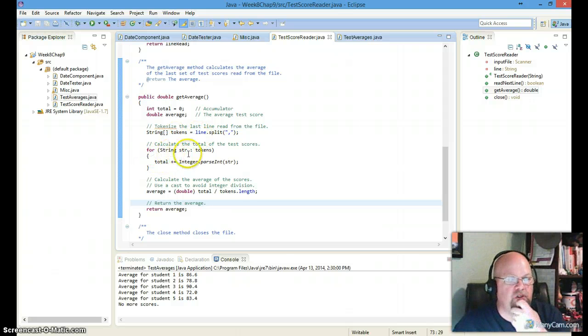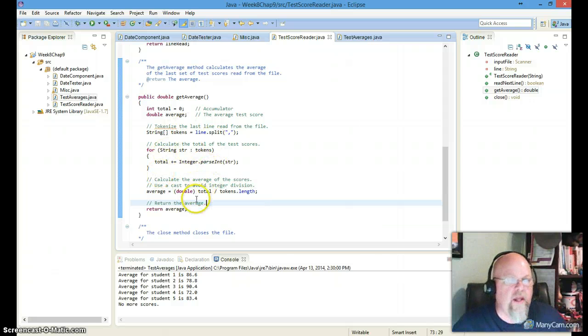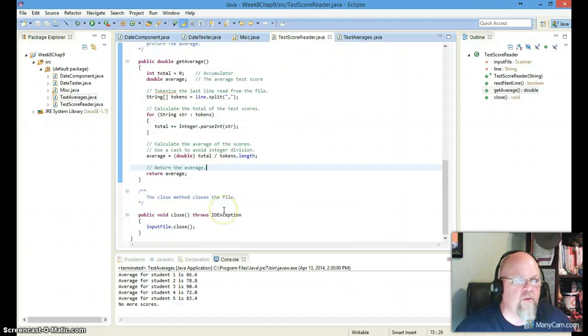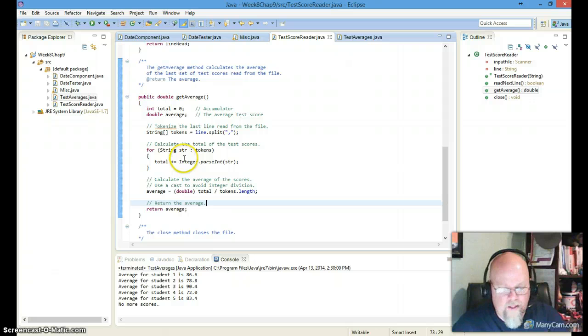And then I say for string, again, it reads each one of those numeric values and adds it to total. And then we come back around for this for loop, and we read the next line. So we keep doing that, keep doing that, keep doing that, and then we will have a total for each and every one of those students. So pretty cool. So the tokenize into a string array, pretty slick. Okay,